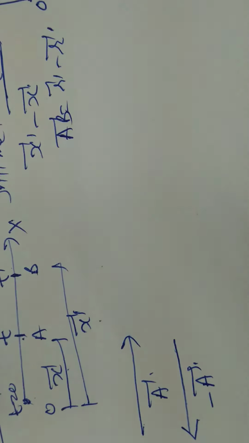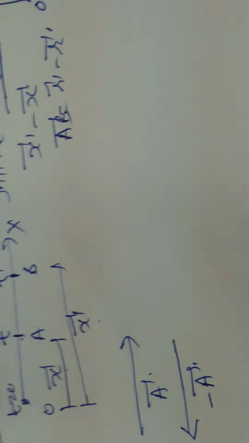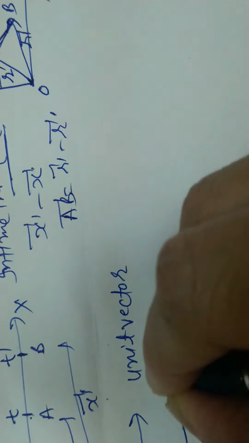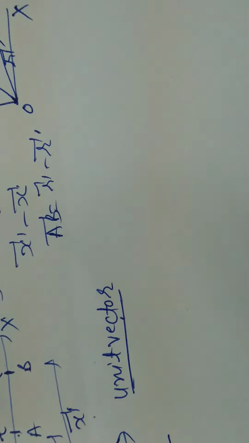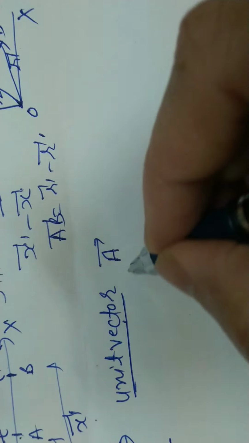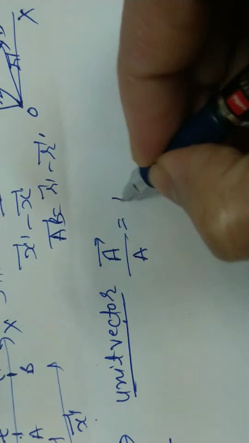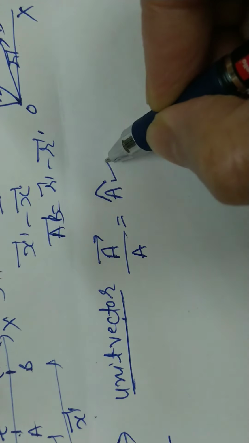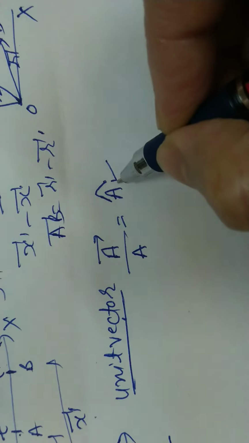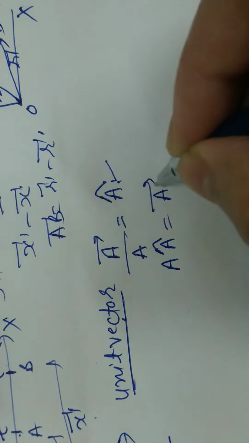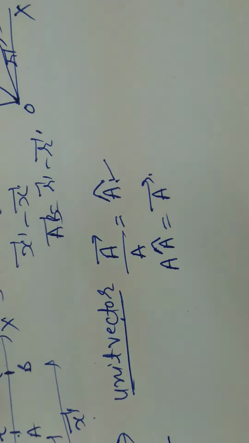Here we have one important vector form, the unit vector. It is a very important term: a unit vector has unit magnitude and is used only to represent directions. How do we get this vector? If a vector is divided by its magnitude, it gives a new vector called the unit vector, and it is represented with a cap or a hat. If a vector's magnitude is multiplied by this unit vector, it gives the vector in that particular direction.